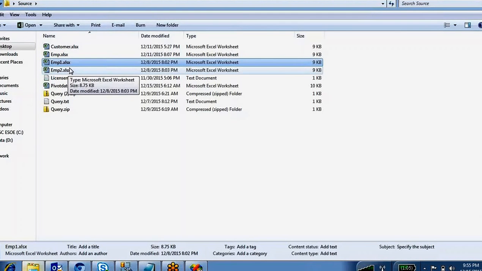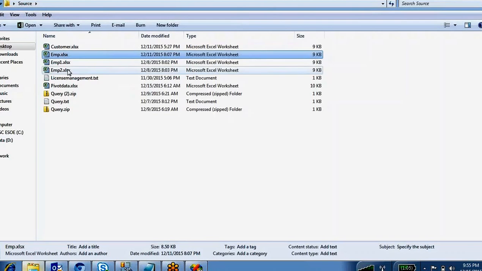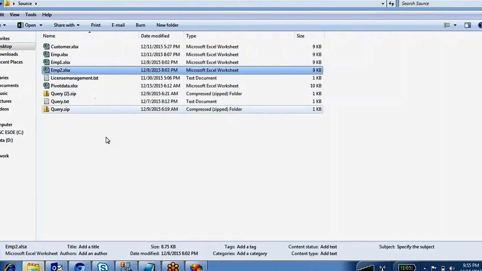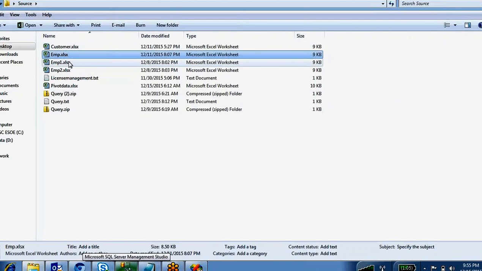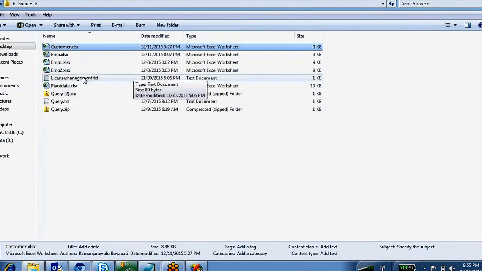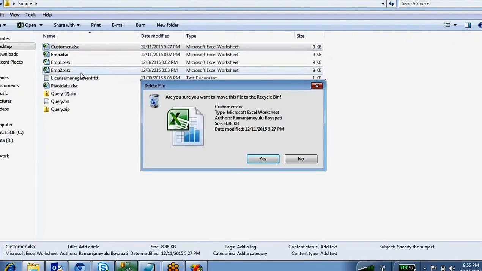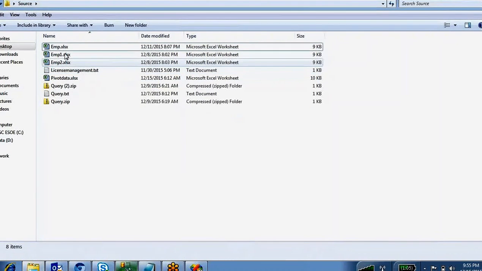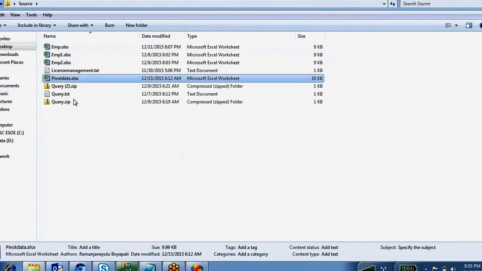So if you are getting three files or more than three files, more than one file in one folder, I want to load these three files' data into one SQL server table. Okay, I want to loop these Excel files. Got it? I want to loop these Excel files. I want to delete this one. These three files I want to loop.